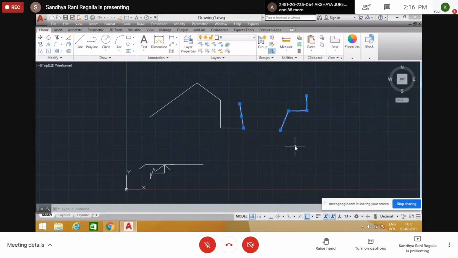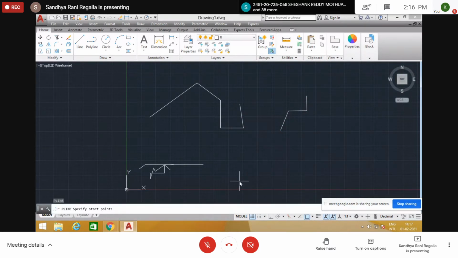That is the difference. And in polyline, there are some other options. Take the first point, specify it, and it asks for the next point. Before giving the next point, see inside the brackets, we have some options: arc, half width, length, undo, width, like that. So many options are there. Of these options, I will explain only those which are required or necessary. The remaining things, you can check yourself.